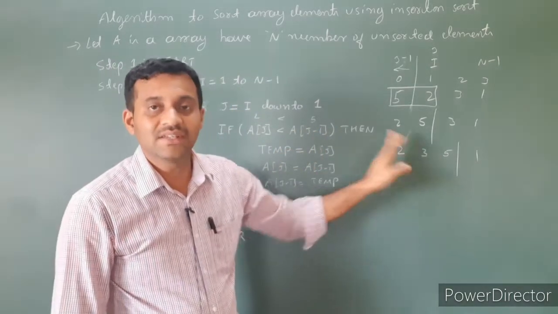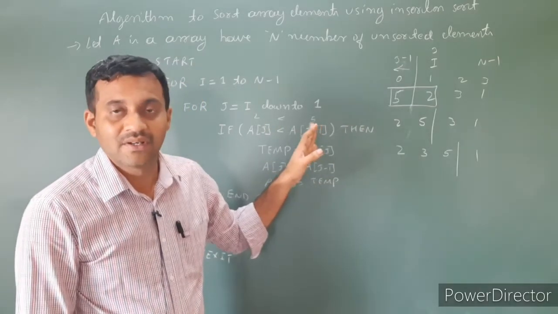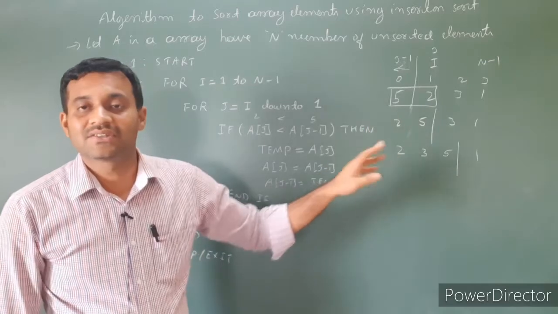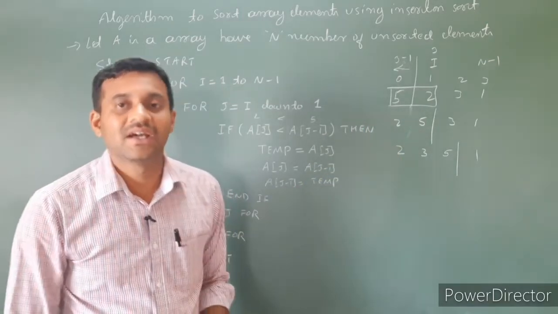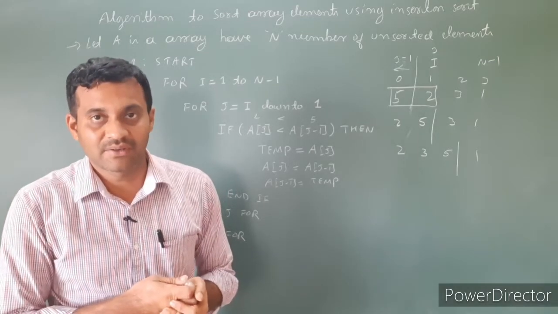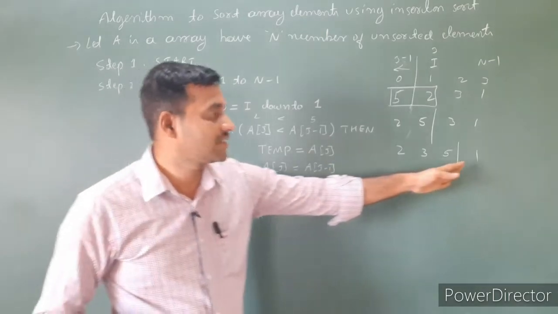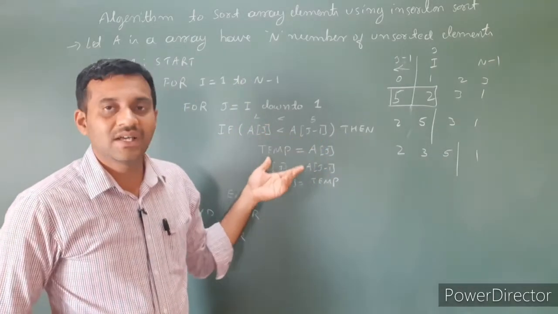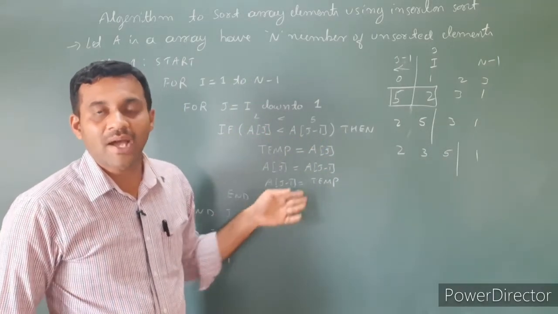Then we have to access 3. 3 is less than 5? Less than 1? Again the condition is false. 2, 2 is less than 1? So like this we have to access all the elements. Every time the swapping technique is implemented, we have to access all the elements from the unsorted portion, compare them to the sorted portion. If it is less than, then we have to swap the numbers.